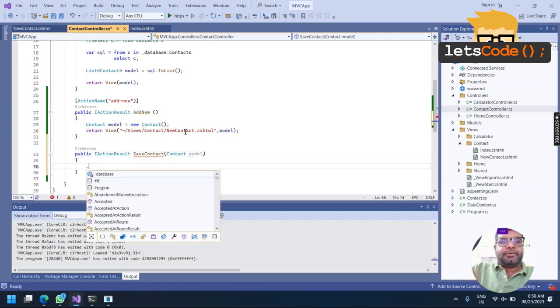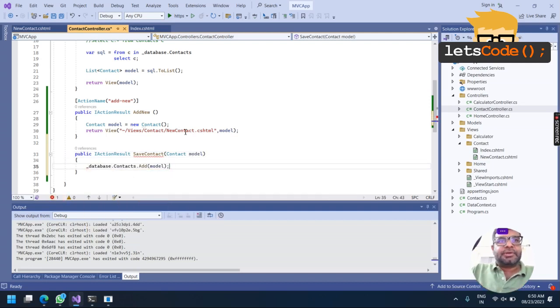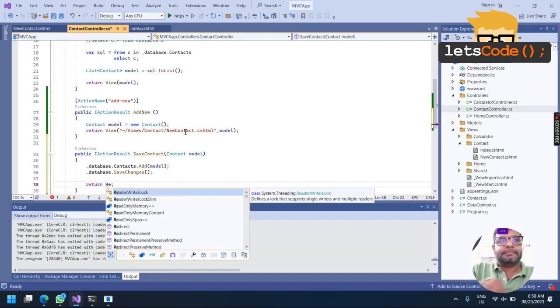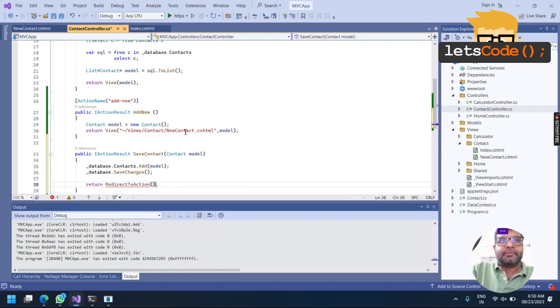What I need to do is database.contacts.add and database.save changes and return. After this I want to redirect to the index view, so that the list of contacts is opened again.